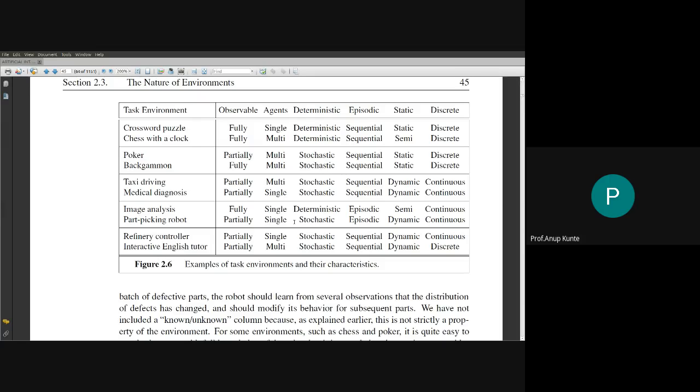Here, the chessboard is known to both the agents that are playing against each other, maybe human to human, human to machine, or machine to machine, whatever may be the scenario. But there are two players who are playing chess as a game, so it's a multi agent environment. It's fully observable because both the players exactly know what move their opponent has taken up, and because of which what changes to the board have taken place. So it's a fully observable environment, and it is fully observable for both the players. That's an important thing to judge as well.